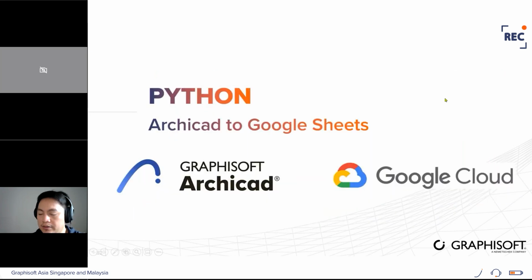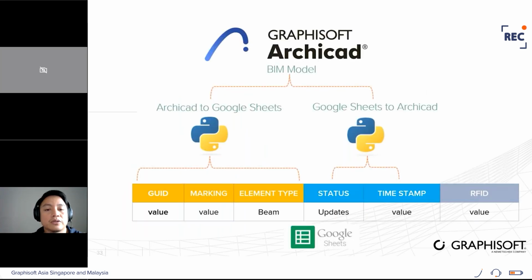Okay, so now this is the main topic I have. This is more onto Python. So we need to connect Python Archicad to Google Sheets API. So this is the flow now. The plan is to, of course, we need to have a model. And after that, once the model is completed, we need to transfer the data inside Google Sheet